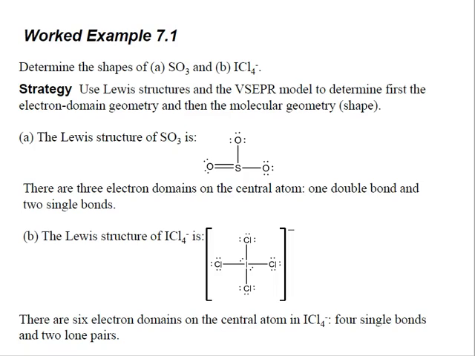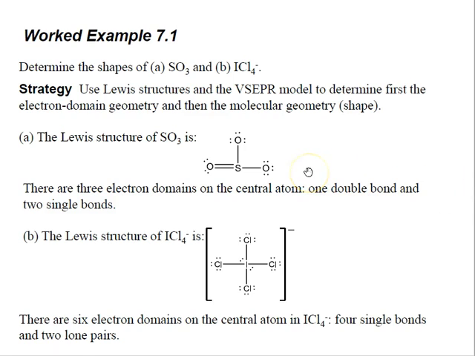So I'd like to work through a few examples in Chapter 7. Let's go ahead and get started with example 7.1. Determine the shapes of A, sulfur trioxide, and B, this iodine tetrachloride anion. So for the first one,